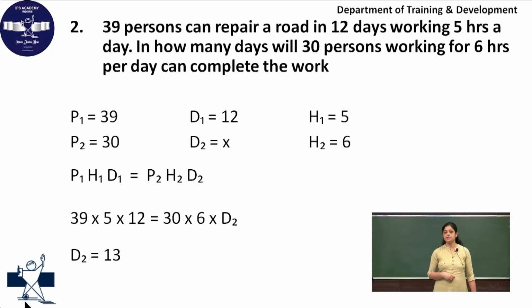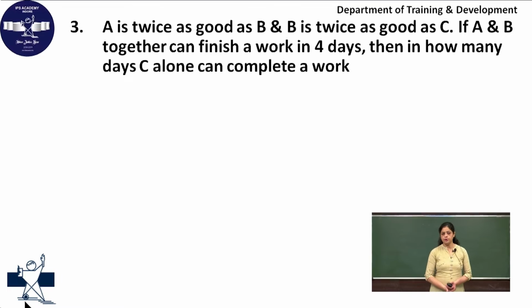We got the answer as 13. So 30 persons will take 13 days, working for 6 hours per day, to do the same work. So this is one of the types of problems. Okay, now